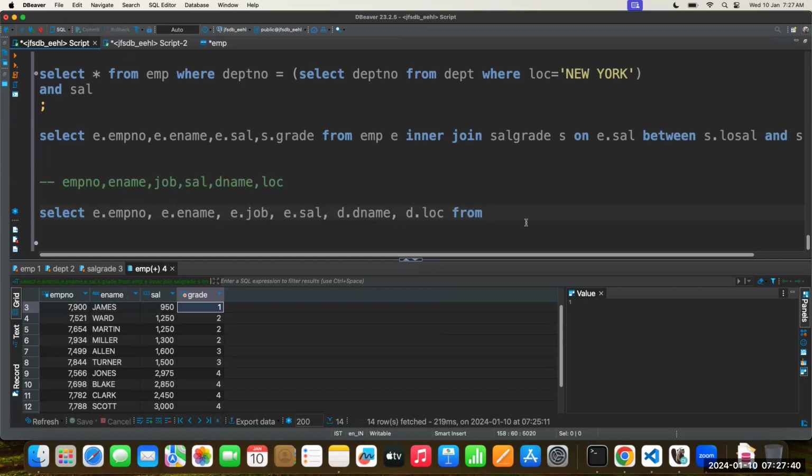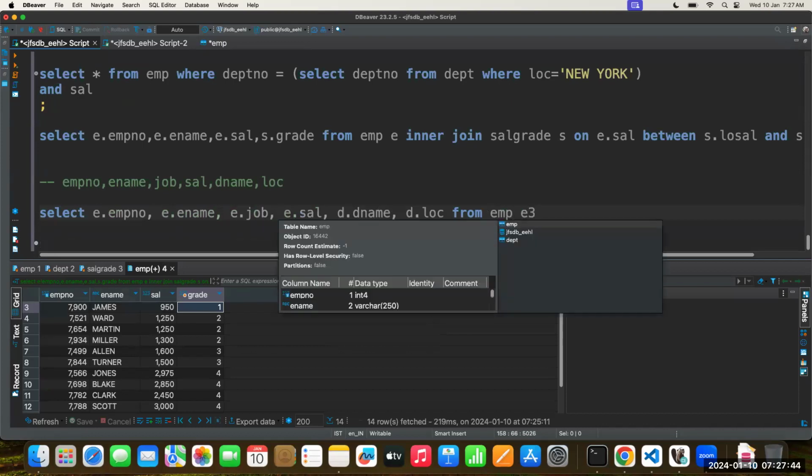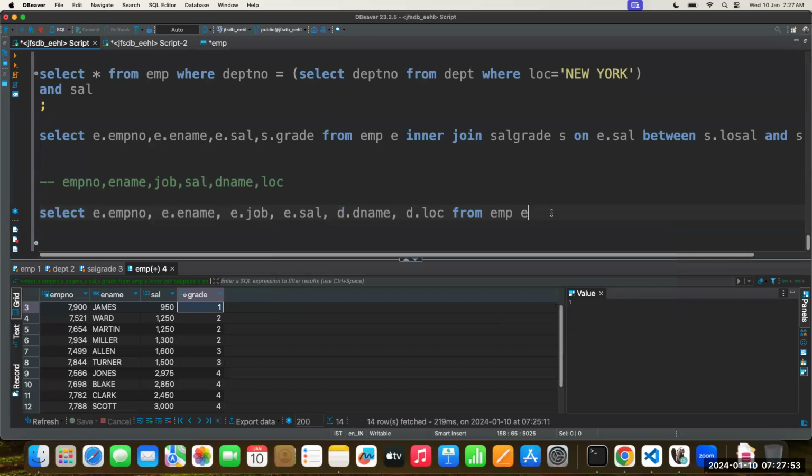From two tables you are going to get this data. Which one? From EMPE. Okay, get me the details. This is the EMPE. These are the fields, and these two fields we are getting from the DEPT. And here we are going to apply the inner join